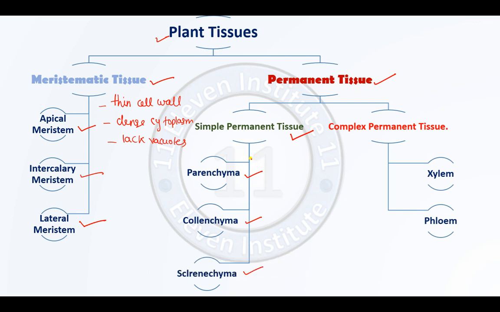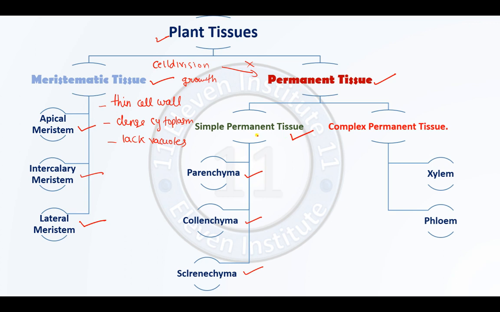Before moving into that, I would like to highlight a small thing which we have already discussed: what is the main difference between meristematic tissue and permanent tissue. Meristematic tissue has continuous cell division, right? Their only purpose is growth of the plant structure. Once this cell division stops, they take up a permanent shape and permanent function, and they get converted into permanent tissue.